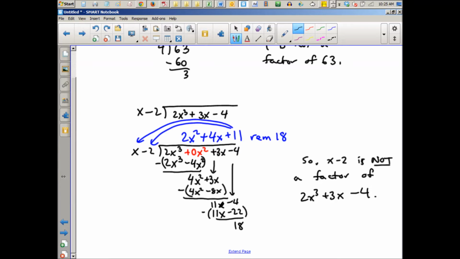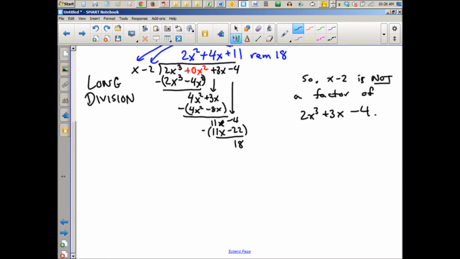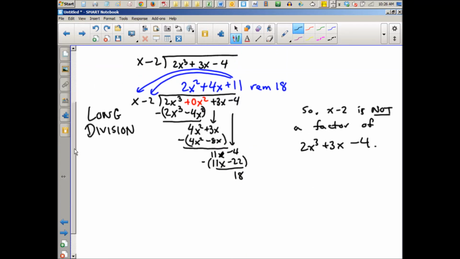Okay, so somebody came along and invented what's called synthetic division, which is a little bit faster. So this is called long division, as you know. But there's a faster, more elegant way to do this. You can take your divisor here, x minus 2, and just solve it for x. Just set it equal to 0 and solve. So what do you get if you solve this for x? X equals 2. And then you do sort of a pseudo division, like a fake division almost,